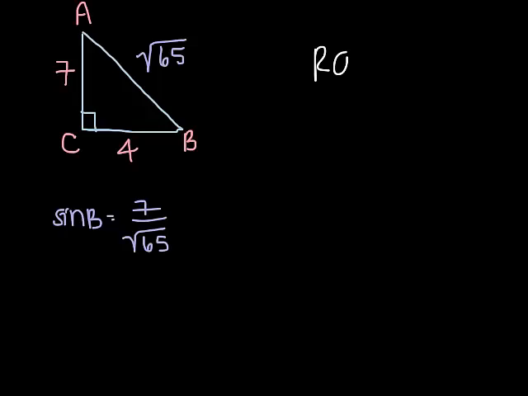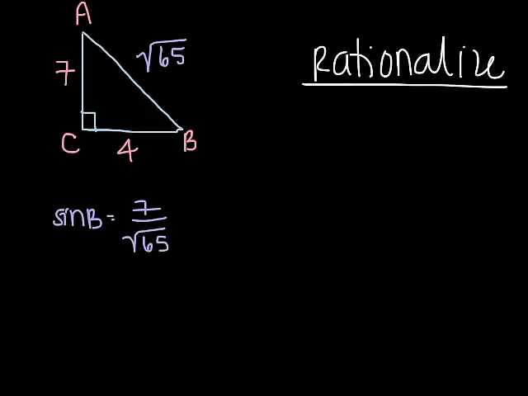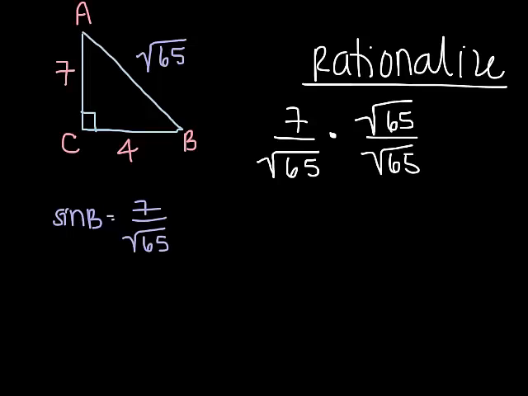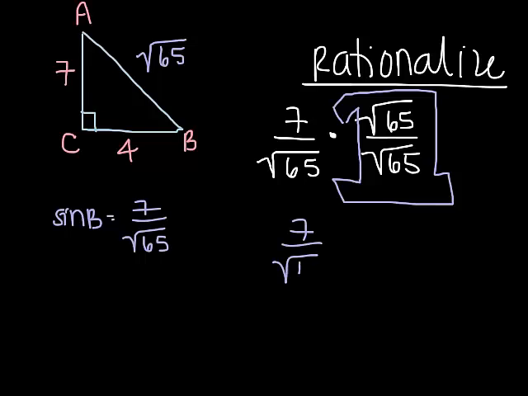Now, rationalizing means that you do not want to have a radical in your denominator. So I'm going to take 7 over root 65, and I'm going to multiply it by root 65 over root 65. Now this is okay, root 65 over root 65, that's another way of saying the number 1. So I'm just manipulating the way the expression looks, but I'm not changing the value. Okay? So if I take this and I just multiply right across,